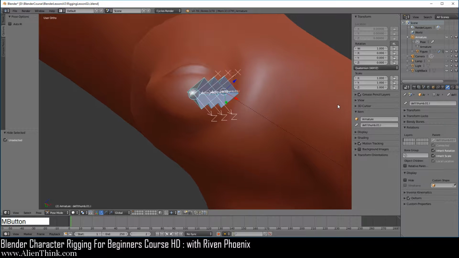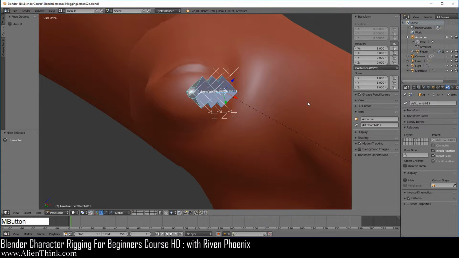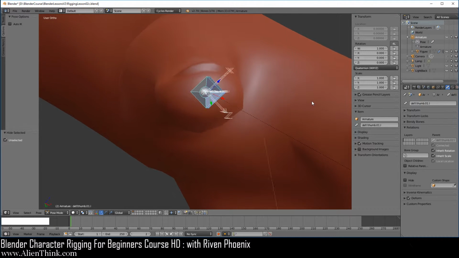Okay, basically what I'm doing is making sure that this line over here for the nail is, I can see that if I draw a line straight down, I can see where the z-axis needs to be. Okay, so here what we're going to do is, now when we have this, we're going to just adjust it so we can see it like this. Okay, we're going to of course adjust this later.